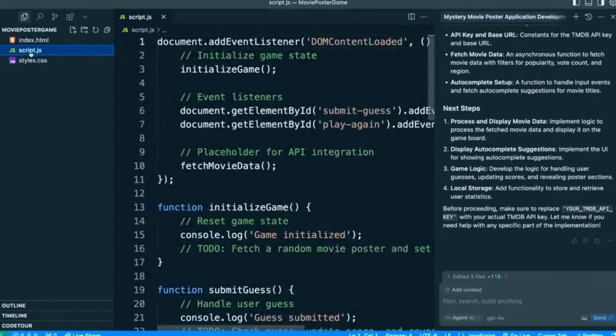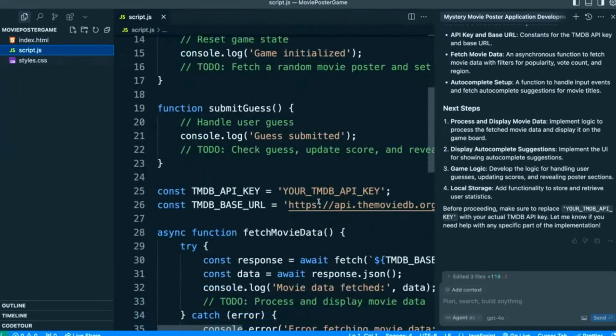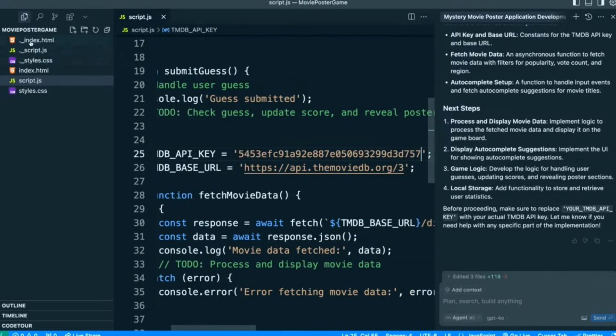Okay, so over here we got this script file. And it's saying your TMDB API key right here. There it is. Okay. So first off, I've got to know how to do this, and I also got to know how to get an API key. I do. So I'm going to go ahead and cheat a little bit. Hopefully, if you're learning for the first time, this is pretty easy. Maybe you could Google, how do I get one of these keys? Don't worry about stealing my key. I'm going to change it after this. So we don't care. It's not paid anyway.